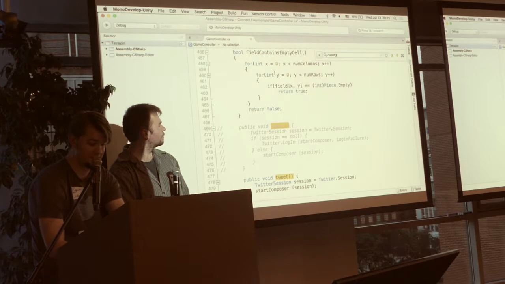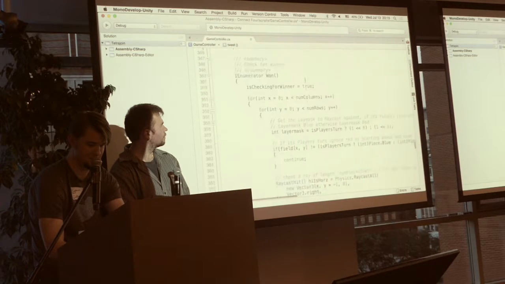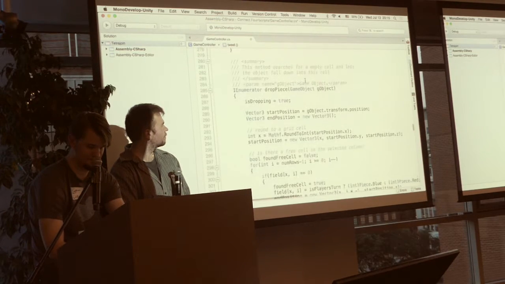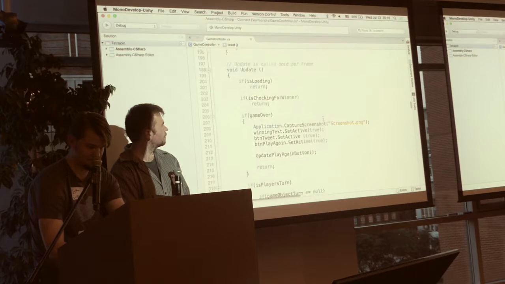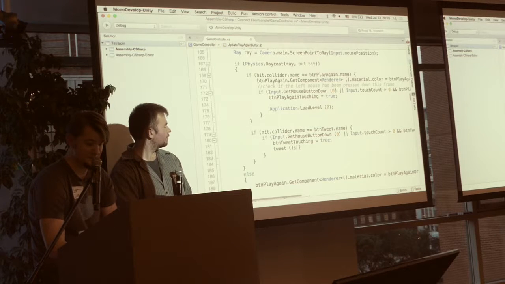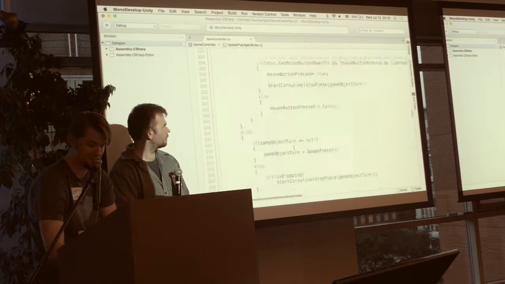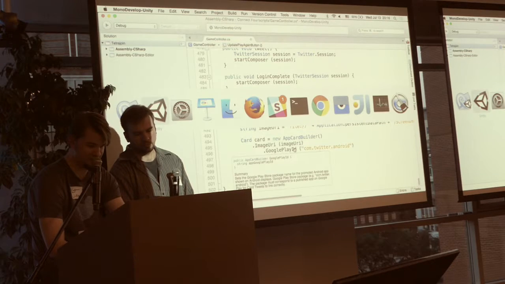If we look where we're calling that, here we go. Okay, cool. So when we win, we'll have this little tweet button come up here. Here's some C# code that'll trigger that, and then we'll tweet that out. Okay, cool. So I'm gonna use this really cool thing called Visor. Anybody know about Visor? Nice. I got a few people.